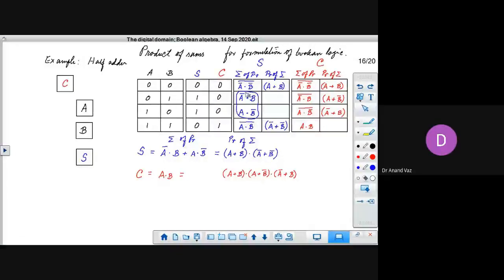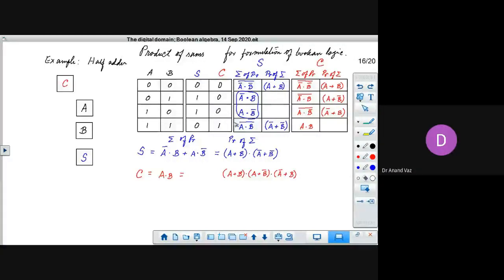Point is now that although we have a 0 here and a 0 here, it's not that we can just OR these two sums. These sums have to be 0 simultaneously. This and this have to be 0 at the same time. And that is why you need an AND operation here. All the other outputs will become ones. And so this is the formulation. This is the logic for what we got. I hope it's clear to you now. So you can also try it out for C.